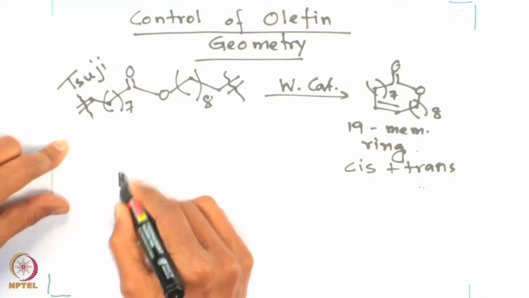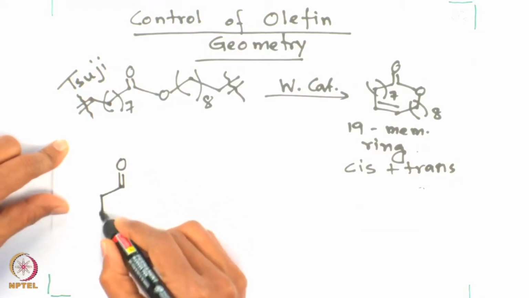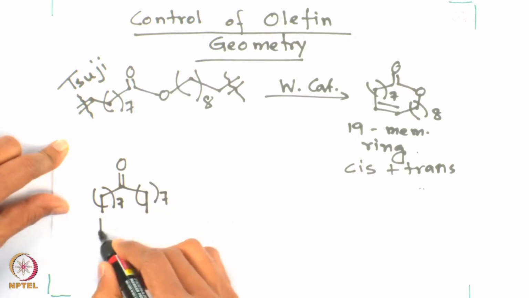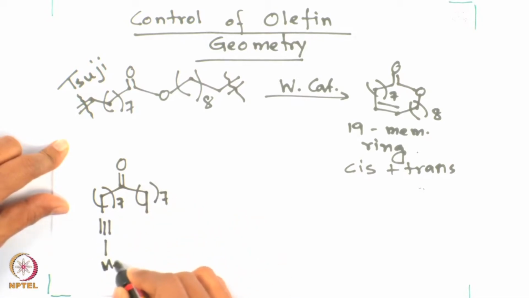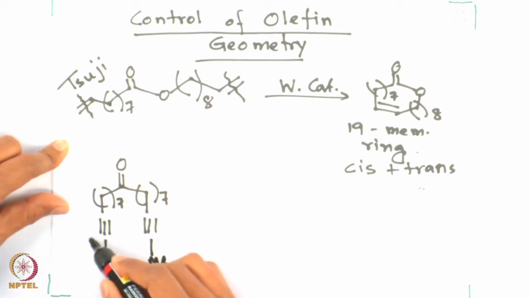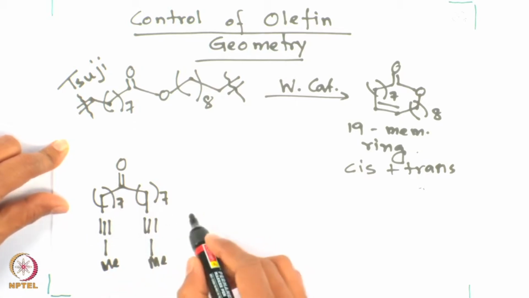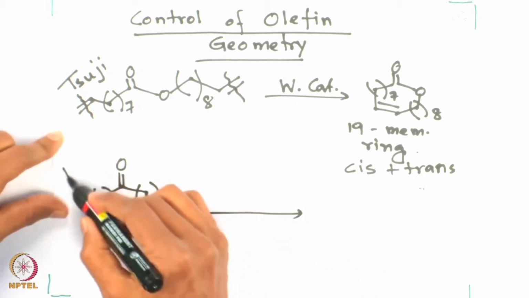Let us try to look at these alkylidyne ring closing metathesis reactions and how to control the geometry in those cases. The example which we will discuss first is by Alois Fürstner. So, this is a terminal alkyne, not in the truest sense, but there is an alkyl group on both sides of the alkyne. Now, what Fürstner has done,